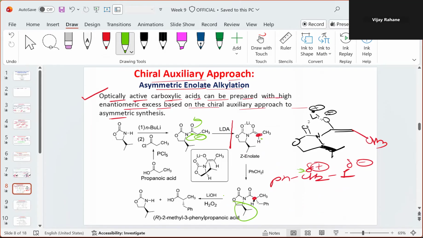And we can cleave the chiral auxiliary. Let's say we use LiOH and H2O2. So what happens? In place of the LiOH, this ester hydrolysis takes place. So this bond gets cleaved, OH gets attached here, right? So this OH negative attacks here, so this bond gets eliminated. Now what happens? We get the acid here, and